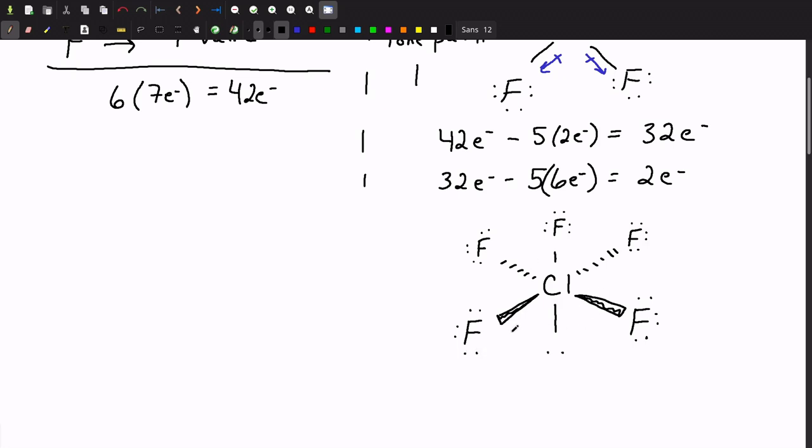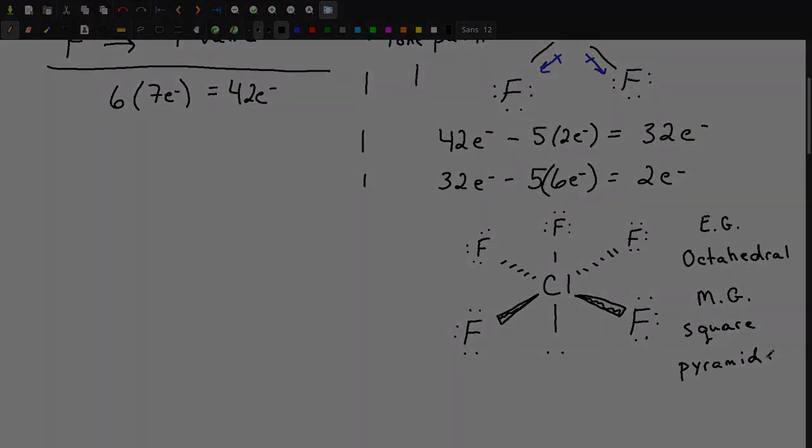So this is octahedral, but square pyramid. So if you imagine these 4 here making it like a square base that are going to connect to that top one there, you can kind of see the pyramid, kind of like the ones in Egypt. The electron geometry is going to be octahedral. The molecular geometry is going to be square pyramid, square pyramidal, depending on if you want to use that as an